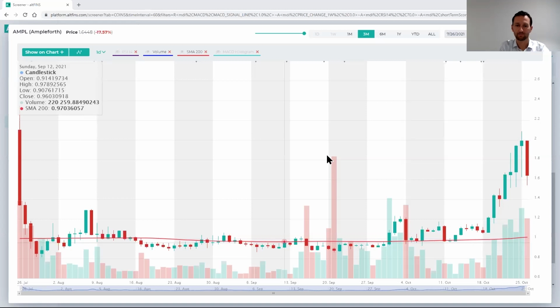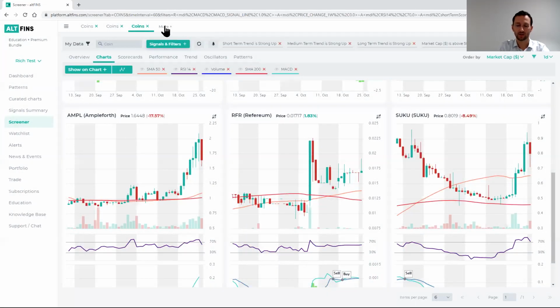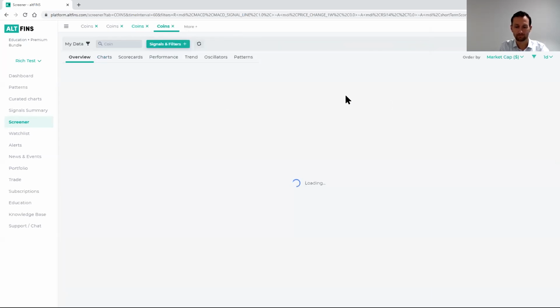So to me, the support area around this $1.60 is not clear or strong enough yet, the evidence that the price will stop here. All right, so that was another way of looking for these opportunities. And then the last one that I have on my list here is